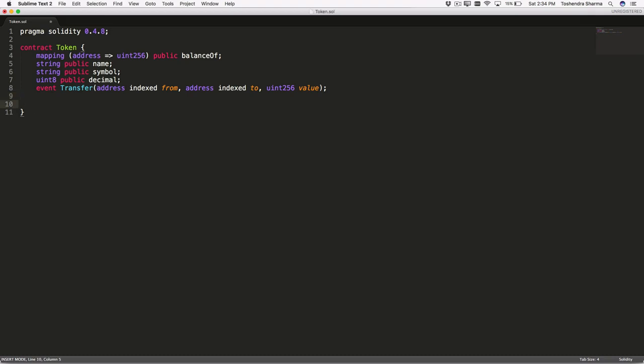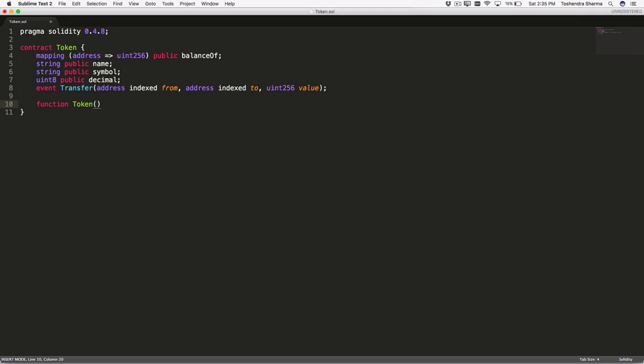So next we need to specify the constructor. To define the constructor you have to use the same name as the class or the contract, right? So let's consider the variables. These are the variables which will be used to initialize the token.